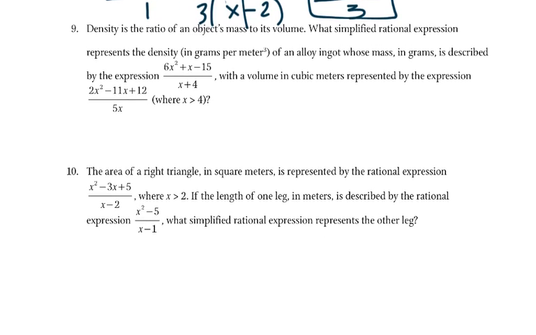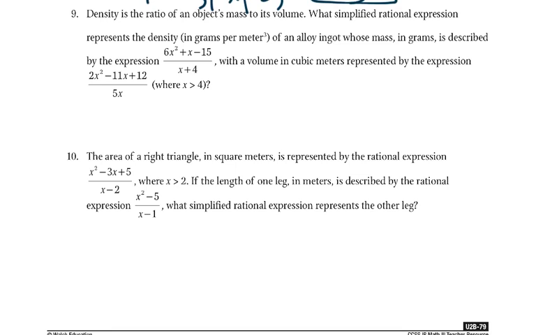Number 9. Density is the ratio of an object's mass to its volume. What simplified rational expression represents the density of an alloy ingot whose mass in grams is described by this expression, with a volume in cubic meters by this? So